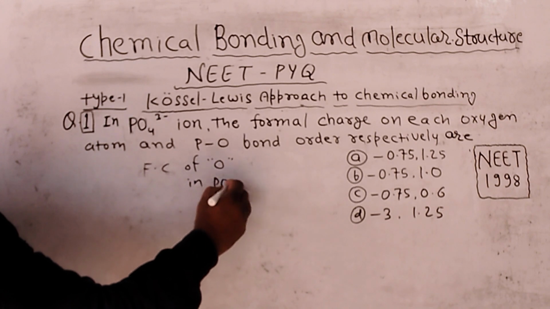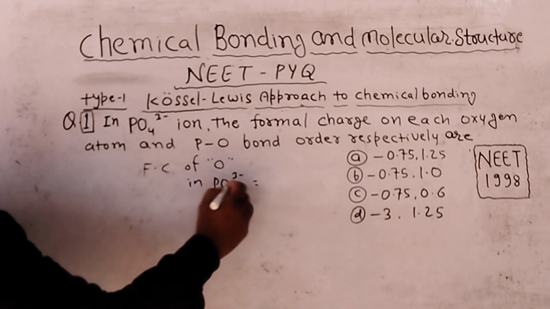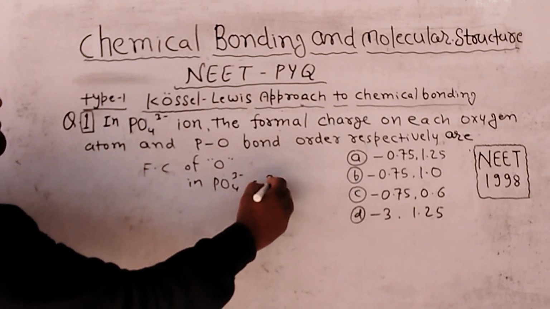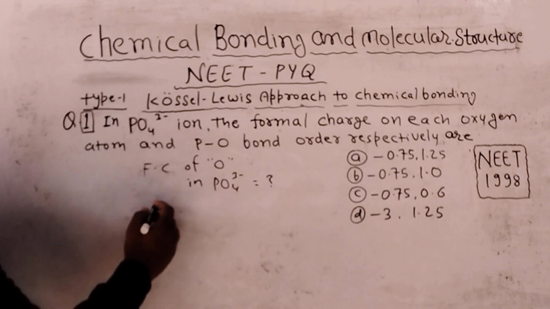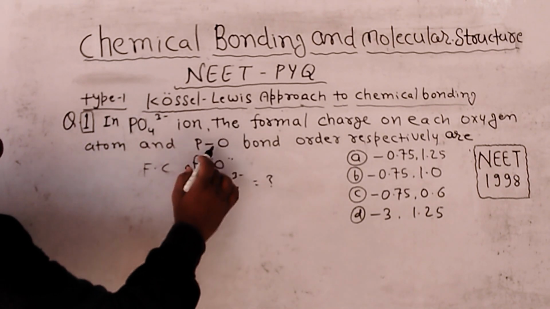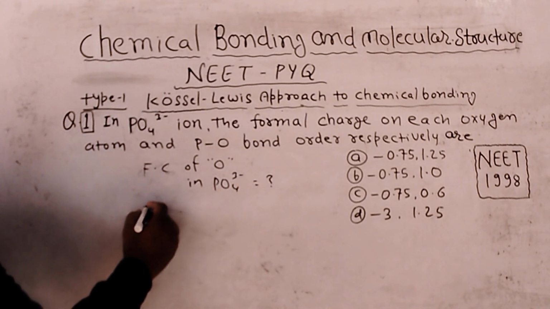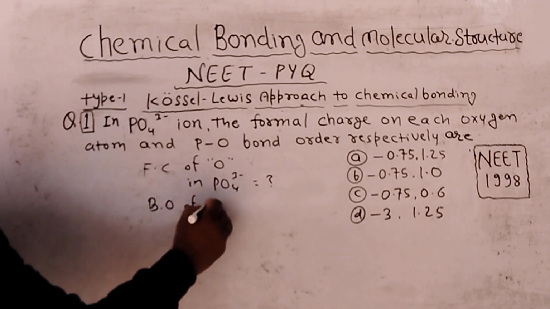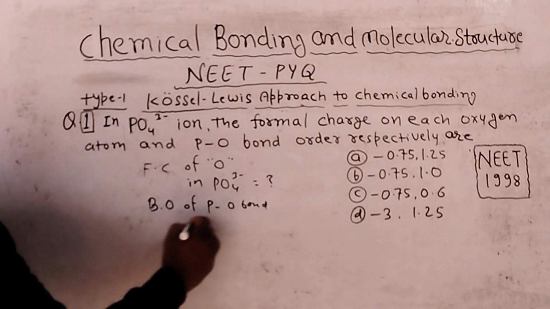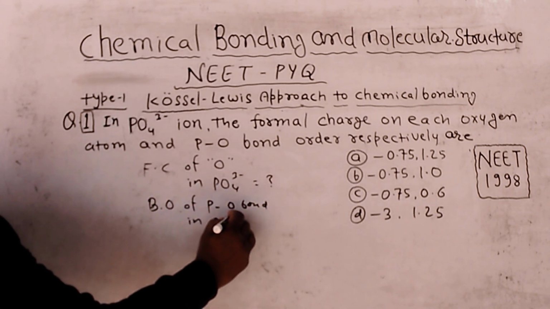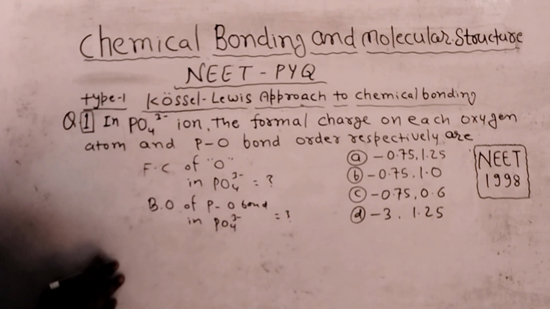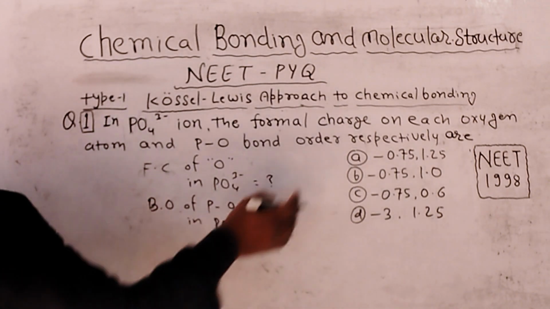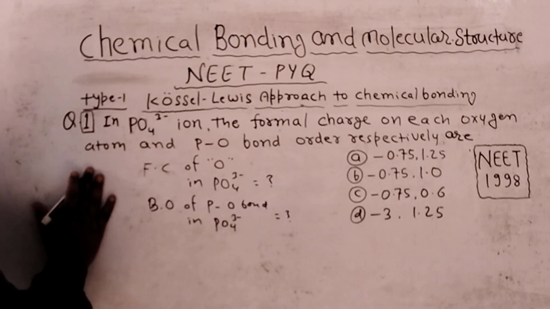in PO4 triple minus, the phosphate ion, is equal to what? Question number first. And question number second is the PO bond order, the bond order of the PO bond in the phosphate ion, is equal to what? This is the question, and according to the given options, one by one we will